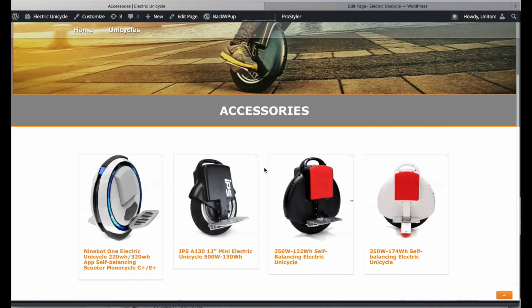All right, so we have a row 4. So now let's work, because again, this is a block item, so it means that it's pulling those images and that information from our blog posts. So let's create a couple of posts under accessories, and then you will see that they're going to automatically show up here. So let's go to the dashboard,